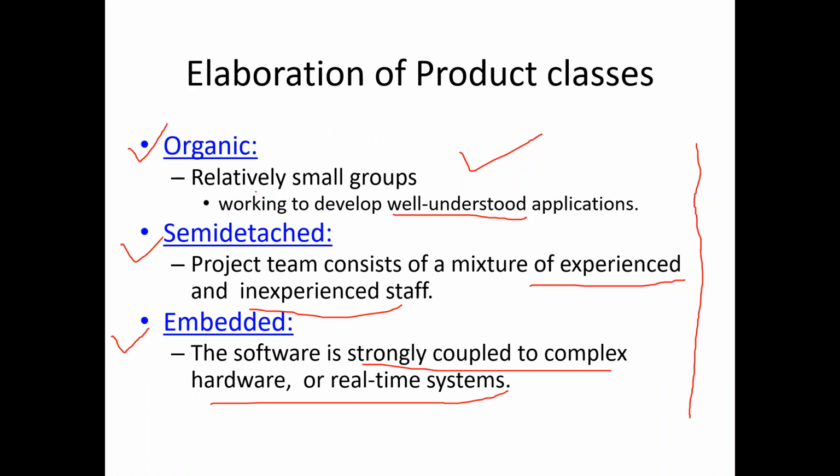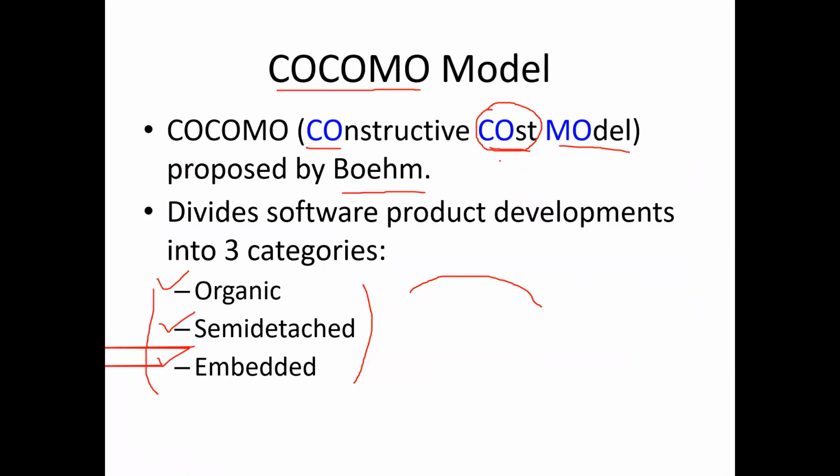So the thing is, first you have to decide. Whenever you are trying to do a cost model, this is for the cost model. COCOMO is about cost. We are trying to find out what should be the selling cost of the software. For that, first you have to decide which category your software comes into. There are three categories of software: one is organic, one is semi-detached, and another is embedded. So now, which category does your product come into? First you have to decide that, and according to that